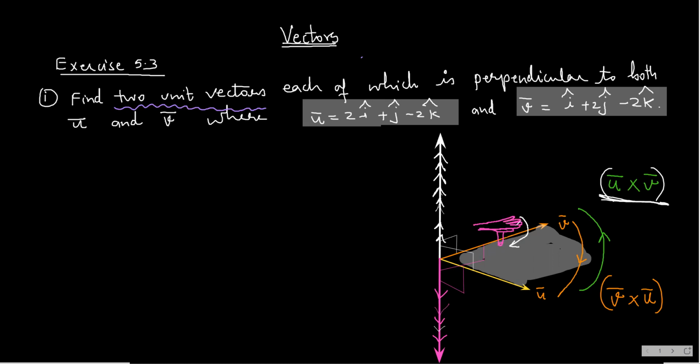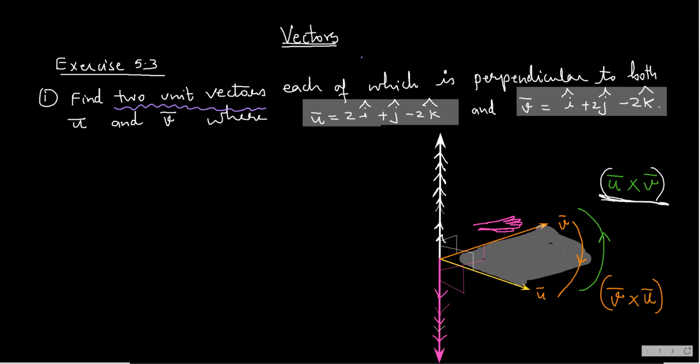Remember, when you are keeping your four fingers in the direction of V bar, the front of your palm is facing this direction. That's why you can turn all the four fingers this way. You can turn the four fingers in this way only if the palm is facing this direction. You cannot turn the fingers that way. That is not possible. I hope you followed it.